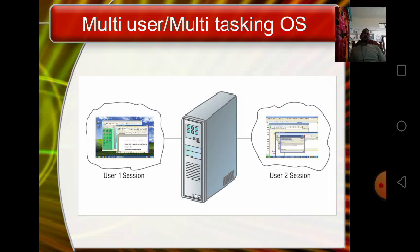Another type is single user, multitasking. Only one person works at a system but does different works: on one side you work in MS Word, on another side you hear songs, and on another side you print a document at a time. When more than two or three works are done at a time, that is called multitasking. An example is Windows XP, etc.